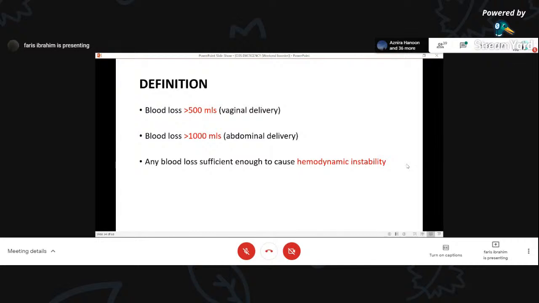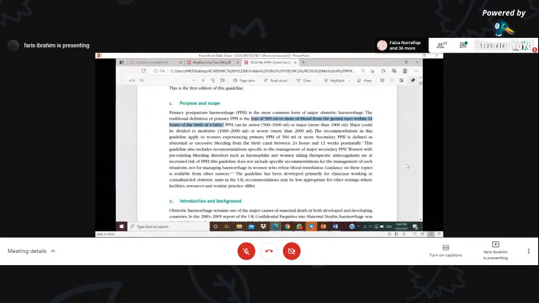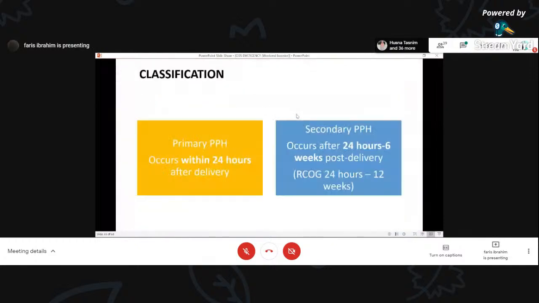So this one I refer from RCOG Green-top Guideline 52. So dia ada mention sini lah, dia punya definition. Currently the definitions dia a bit different daripada buku. So kalau you nak tengok yang latest, you boleh tengok daripada guideline yang ni lah, RCOG Management of Postpartum Hemorrhage, Green-top Guideline number 52. Okay, now